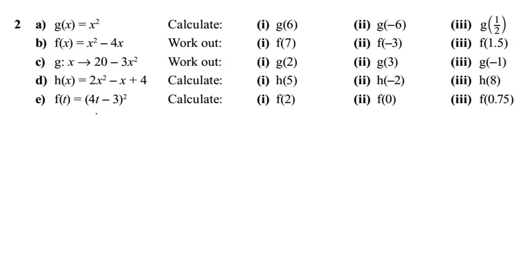So h of x equals 2x squared minus x plus 4. Moving on from that, remember you have to do the powers first when you're subbing in. I'm going to do h of -2. Let's do that, Roman numeral 2. So I'm going to have h(-2) in brackets